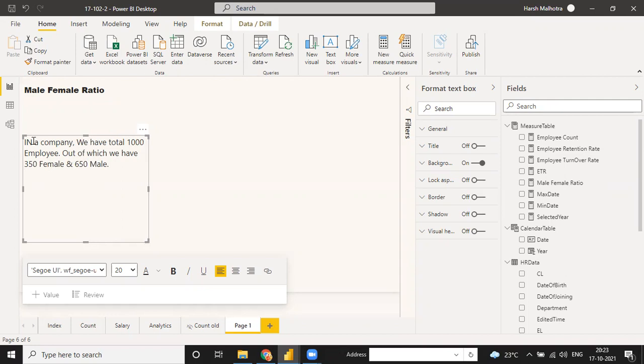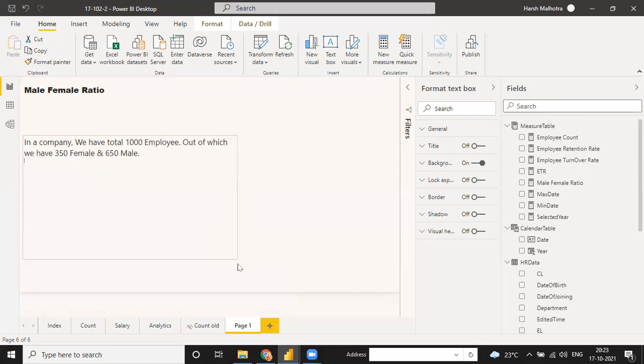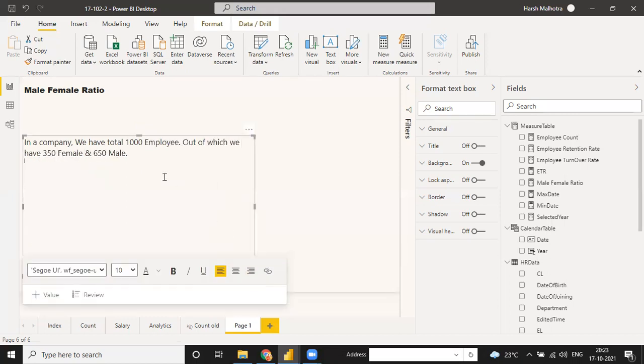So if you need to calculate the ratio in layman's language, how do you calculate it? Just a simple thing. In a company we have a total of 1000 employees, out of which 350 are female and 650 are male.